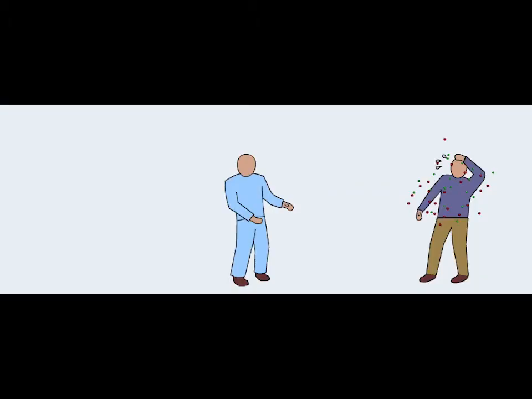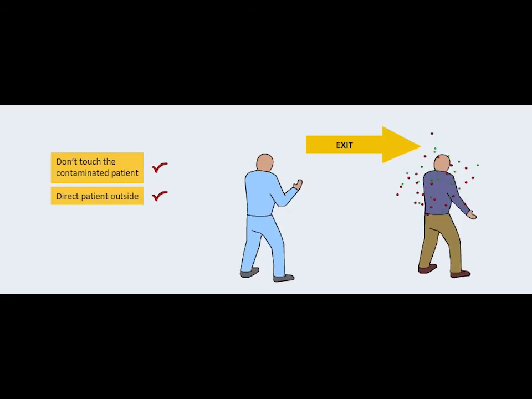The first thing you need to do is to think about your own protection. To avoid becoming another victim, some basic rules apply. First, don't ever touch the contaminated patient. Ask them to stop where they are and direct them outside via the nearest exit to the area designated in